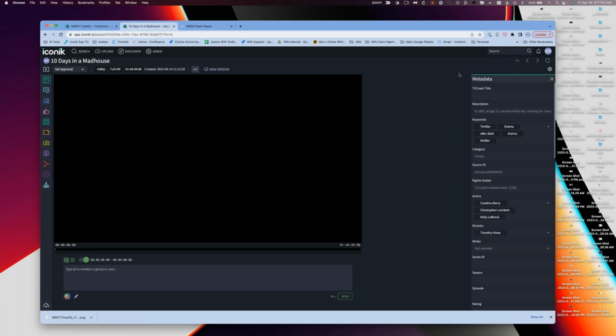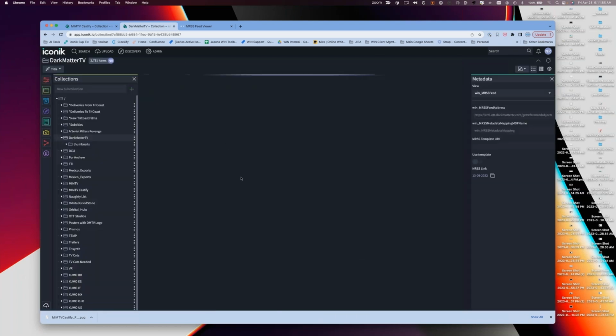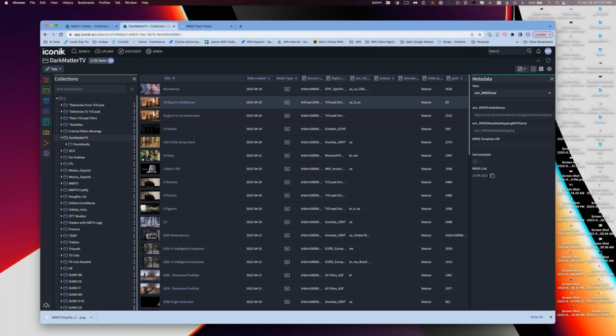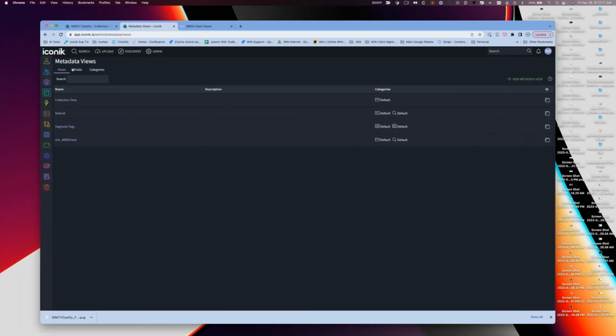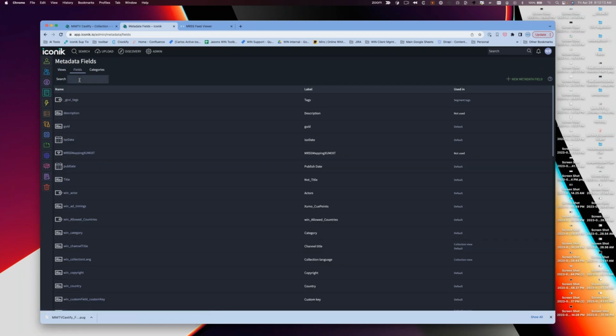So once all this content is in Iconic, now we want to look at how we can generate new MRSS feeds. And for this, we have a couple of different options as well. So the first thing that we can do is go into our admin section and our metadata fields. And within our fields,